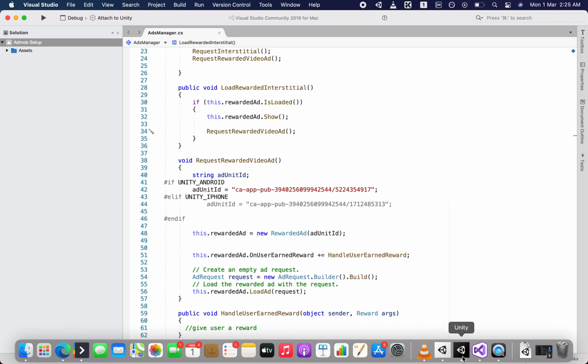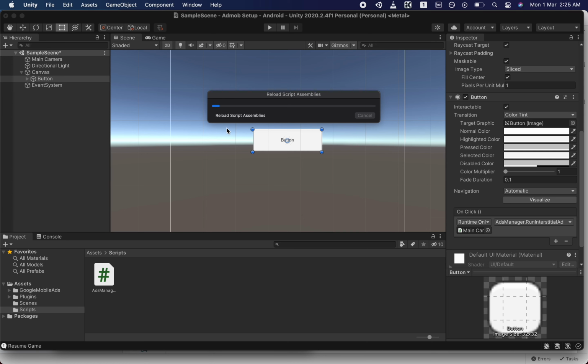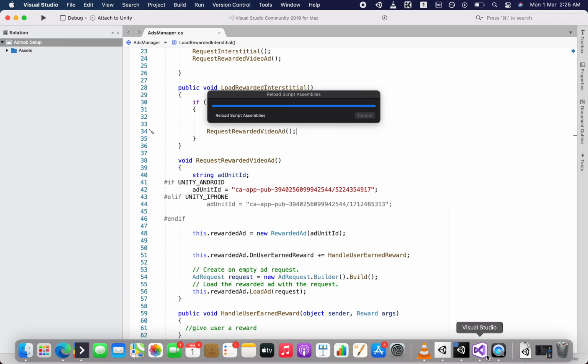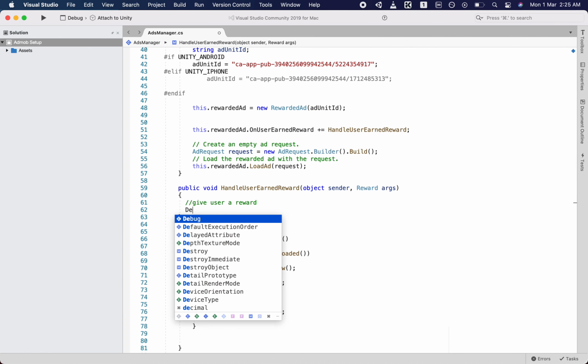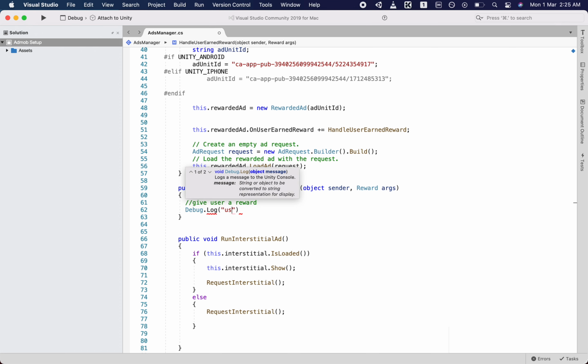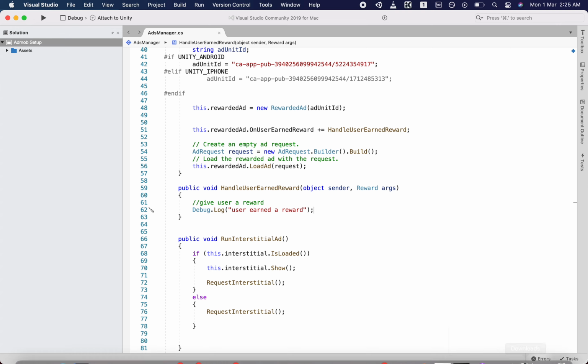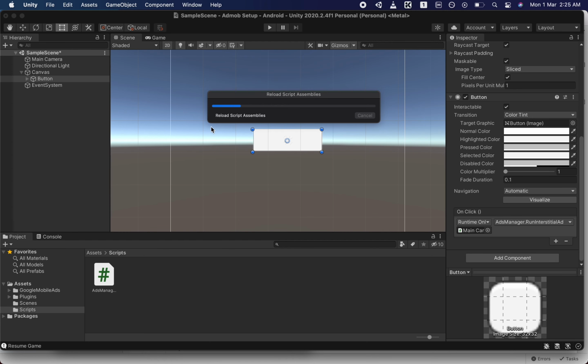Now go back to the Unity editor, and here we can do Debug.Log. When the user gets a reward, we can do Debug.Log user earns a reward. Now go back to Unity.